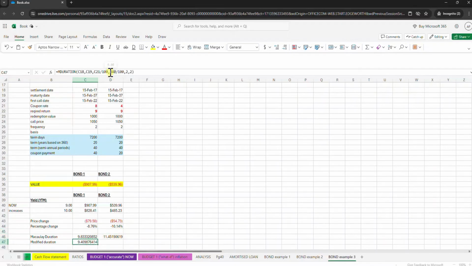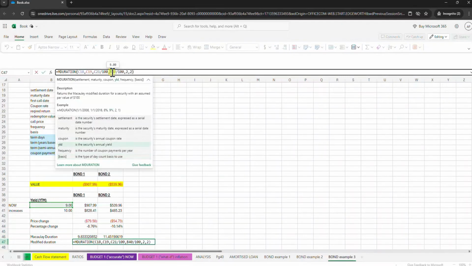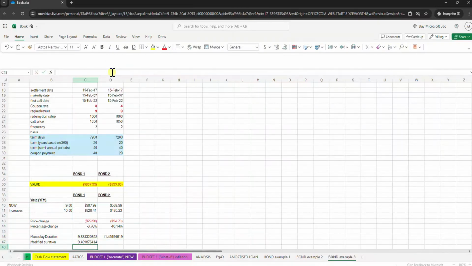We need to fix this B40 cell. That was the yield. Fix it. Copy it. Paste it. Modified duration 10.9695. Yeah, awesome. Is that all right? Yes, that's fine. Predicted change. So the predicted change in price is the modified duration